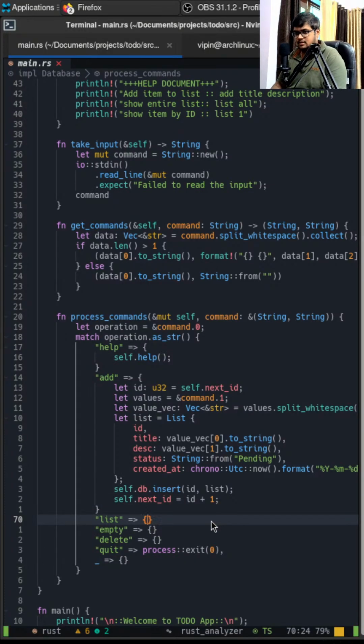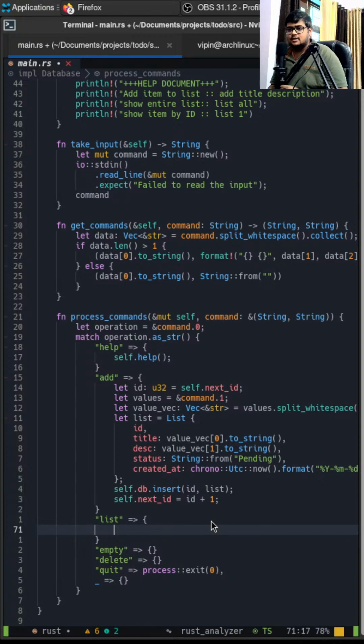List. Now let's see if we can get the list over here. Now list has two options. So list has list all, right, or list one with an id. So if it's an id, we will fetch it from the hash map. If it's all, we will print the hash map. All right, so how do we do that? We'll check list. If it's a help, self dot help. If it's a list, then I can say this